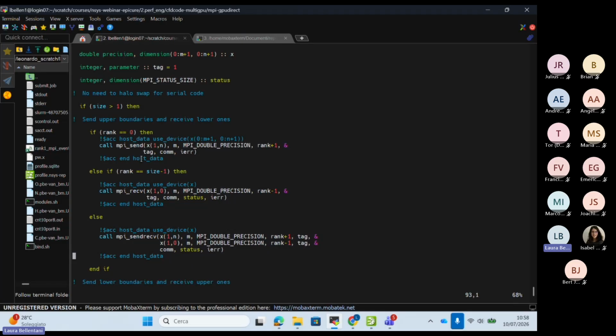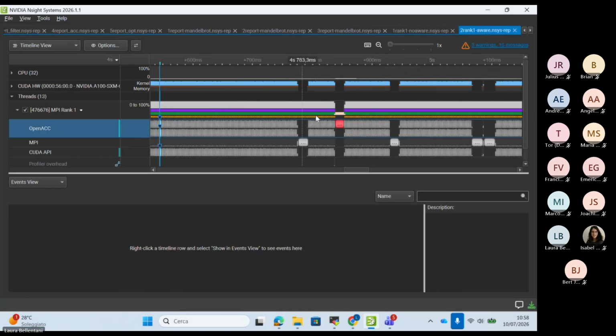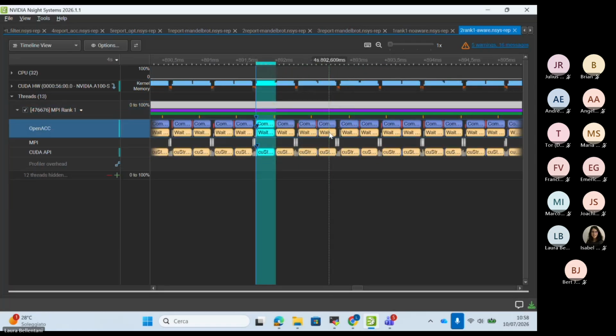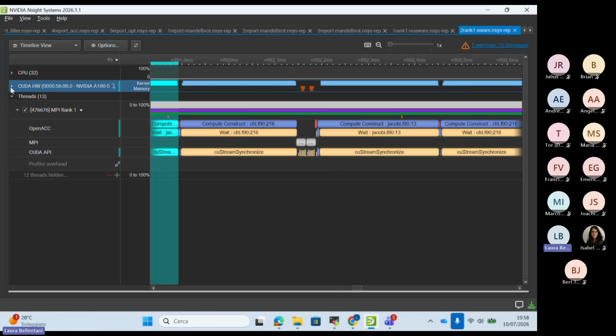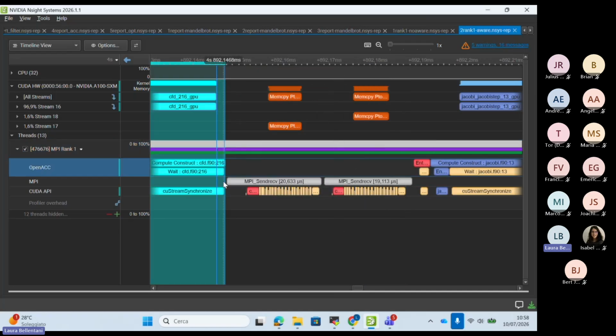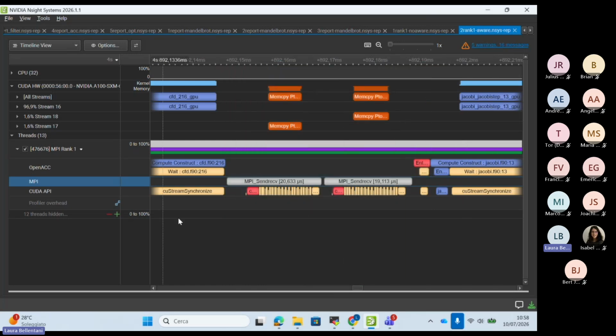This is due to the fact that in OpenACC the variables have the same name. Of course, if you're working with CUDA, you just use the CUDA buffer as an input. Now, if I look at the report, open it. Okay, now, first of all, you see that we don't have the data movement before and after the communication. We have a single MPI send receive. The time for the communication pattern has decreased by 44 microseconds.